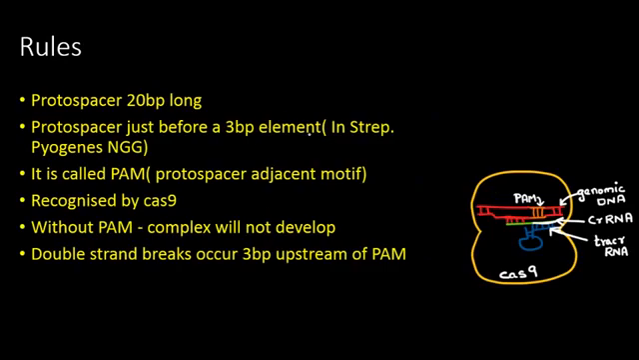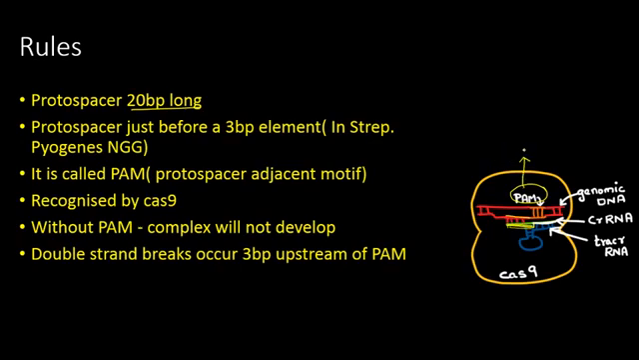Now there are certain rules in all of this. The protospacer should be 20 base pairs long, which means the spacer is also 20 base pairs long, which again means we only need to change these 20 base pairs if we want to target a different site. Now the protospacer is just before the PAM, and the PAM, in the case of Streptococcus pyogenes, which is the most commonly used bacterium in